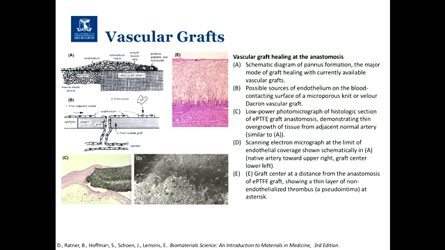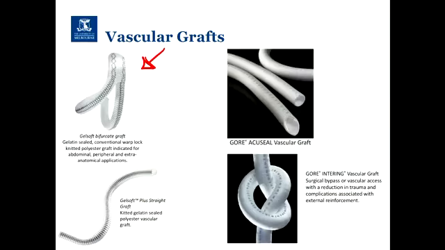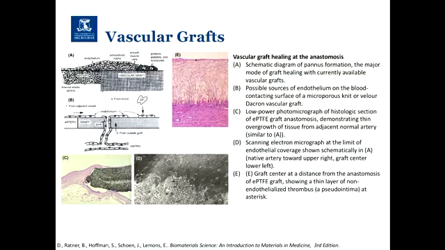Well, it's really the joining of the two vessels. You're putting a vascular graft into an existing blood vessel. How is it going to join? This image here is a representation of what's going on. You have the native blood vessel, you then have your vascular graft.